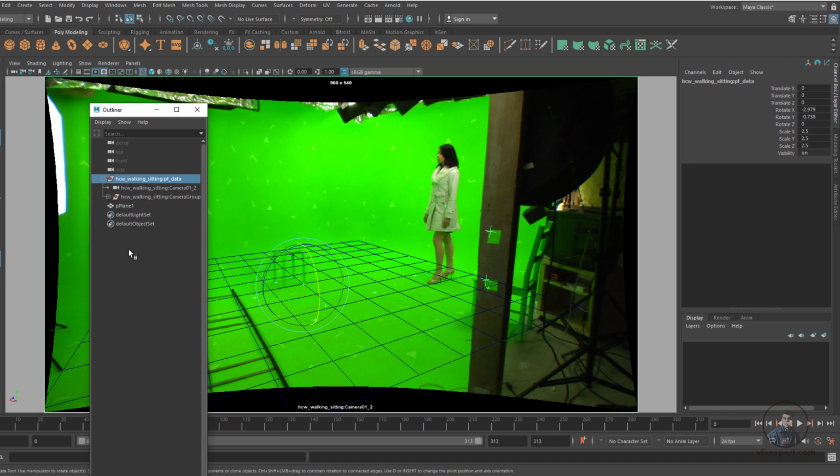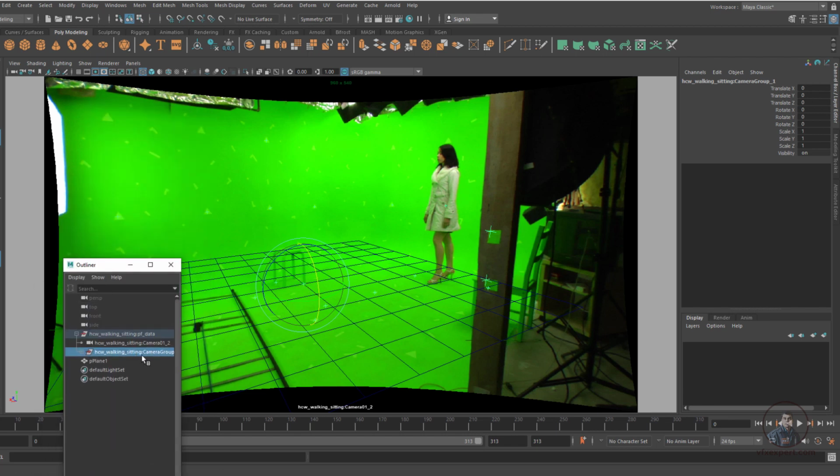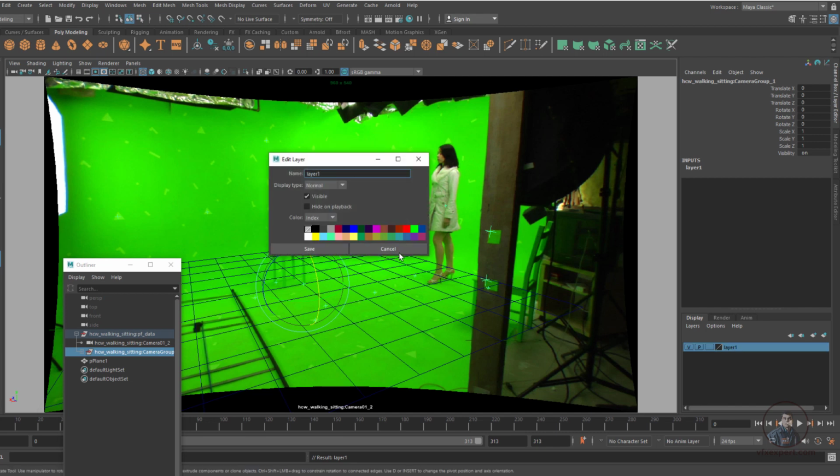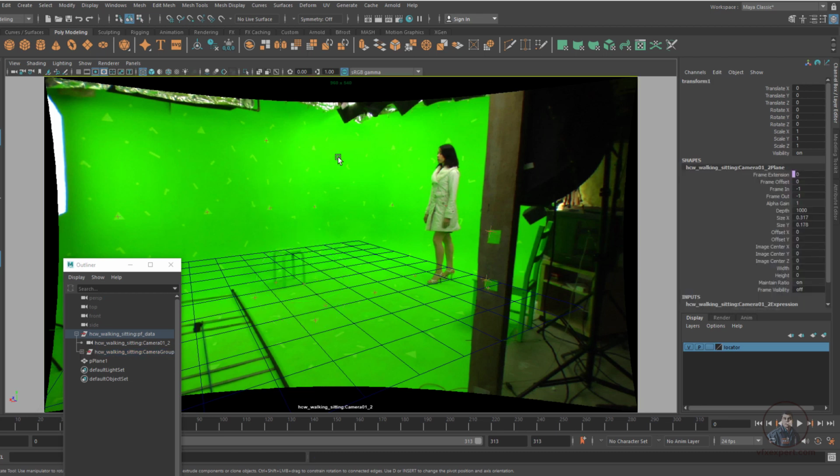I have selected this one. This is actually our locator. Usually you can see it, and if it is not visible here, you can also change its color if you want. I have selected these locators and you can define them in our display layer. Just click, double click, and define it as a locator. Now after this we have to create this wall.